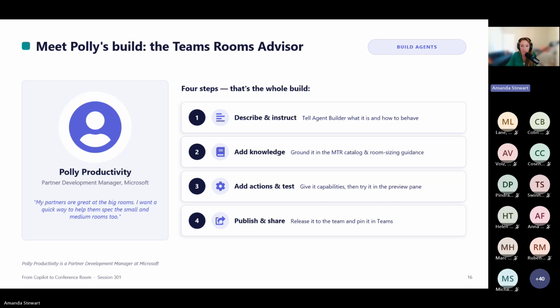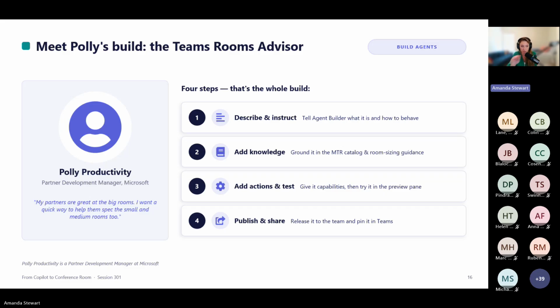Her problem is that she knows her partners are excellent at big, complex meeting rooms, but we have a lot of other rooms: small rooms, huddle rooms, kiosks, small collaboration spaces, or even dynamic rooms that change in scope frequently. So she wants to build a simple agent that her team or her distribution partners can use to set up the right specs for smaller spaces.